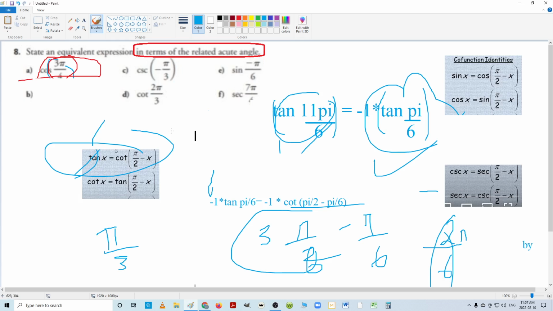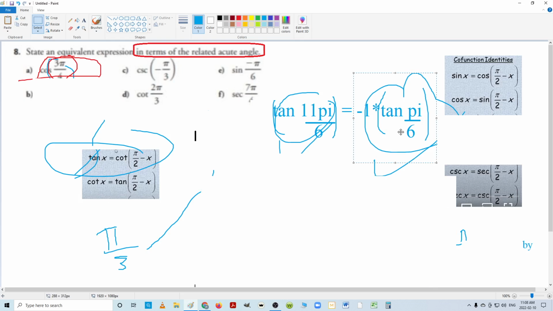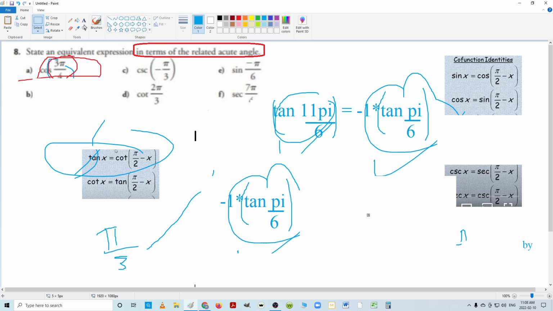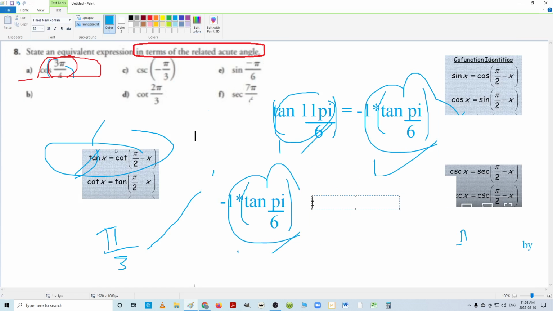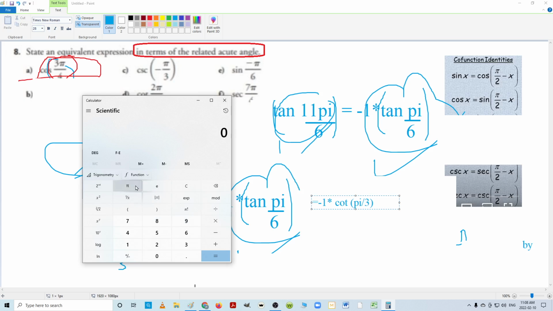Which means that tan of negative 1 pi over 6 will be equal to negative 1 times cotangent of pi over 3. So that means that this here is also equivalent to negative 1 times the cotangent of pi over 3. Let's see if that's true. Will I get the same value of pi over 3? Make sure you're in radians. Pi over 3